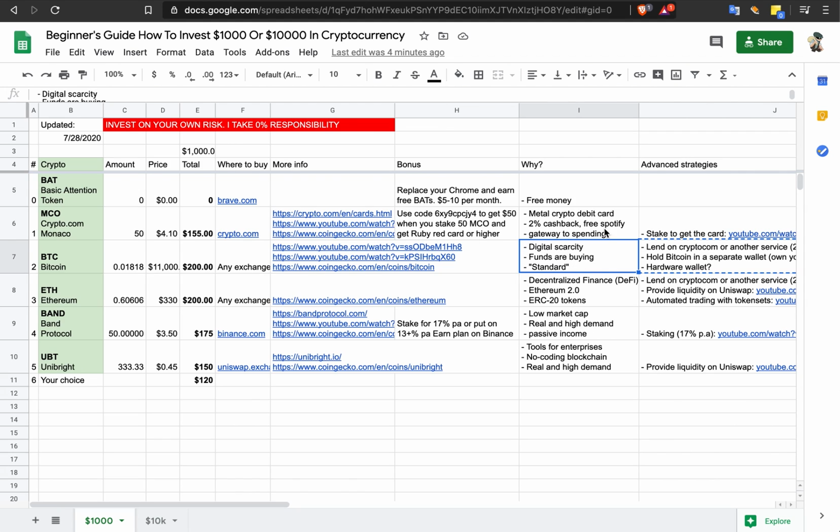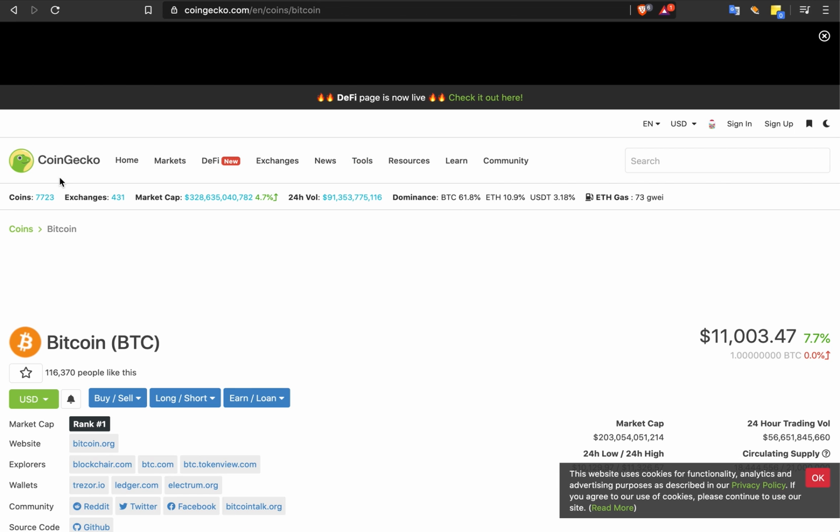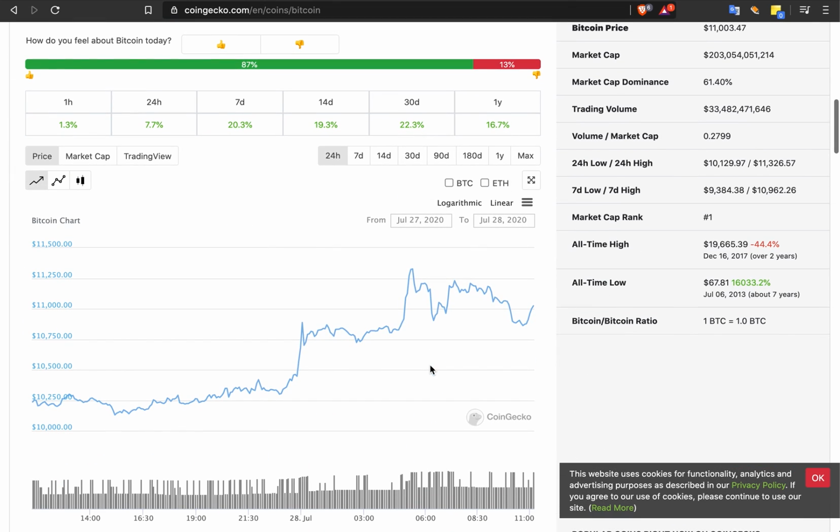So Bitcoin, there's like a game theory going on, because there's so little of Bitcoin left, people want to get as much as they can. And it is basically the standard for all cryptos. That's why it's really good for beginners as well. And if we just take a look at Bitcoin, you can go to CoinGecko and search Bitcoin. You can go to this